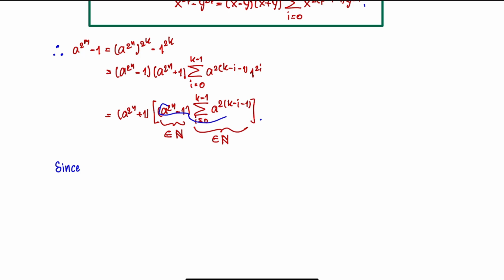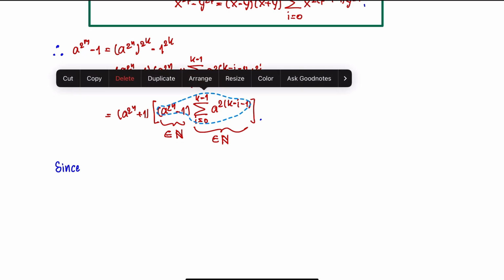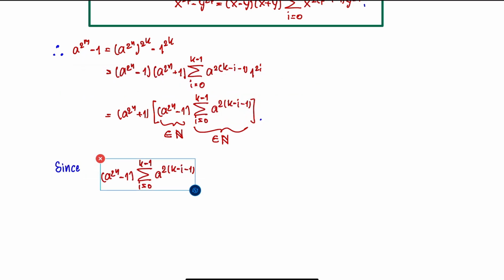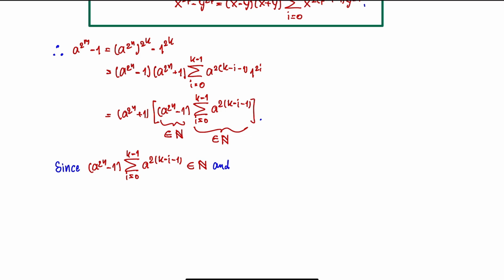Since this number is an integer, and we have a to the 2 to the m minus 1 equal to this term right here,